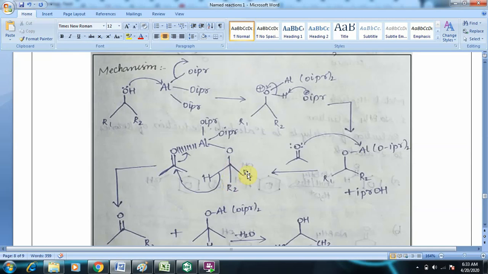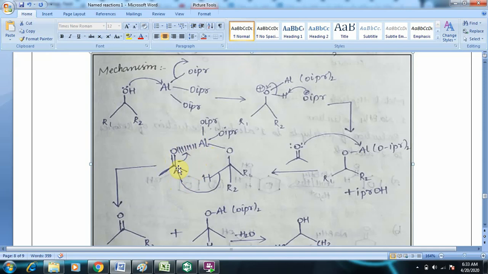and R2. And here, as we said, we have a hydrogen, but it is not written anywhere. We haven't written it, but it doesn't imply that it does not have a hydrogen; this carbon is linked to a hydrogen. There is a significance for this hydrogen, so we have written it over here. If you want, you can write it starting from the first step, placing a hydrogen over here, over here, over here. And then in the next step, the ketonic oxygen depolarizes and forms a new bond with aluminium.